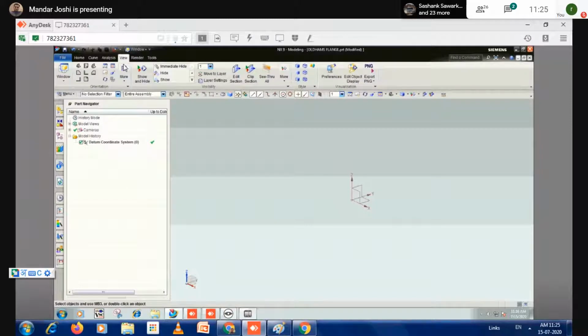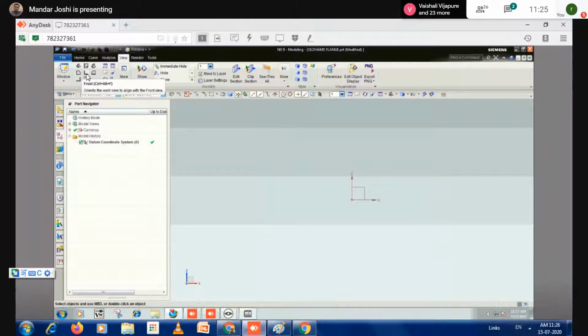In the view, you see here the orientation group. In the orientation, there are the different plane orientations. So here first is the front orientation. What is the shortcut for it? Front view. Can you tell that? Control Alt F. Correct. So when you press Control Alt F, automatically your plane goes to front view.